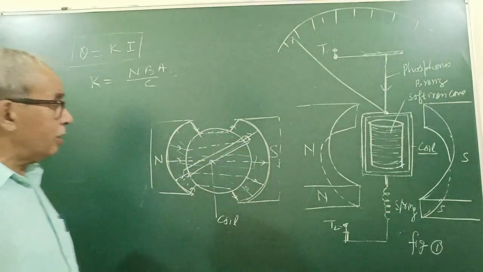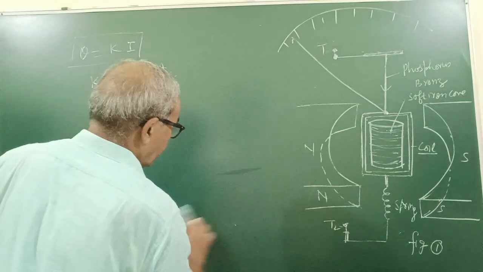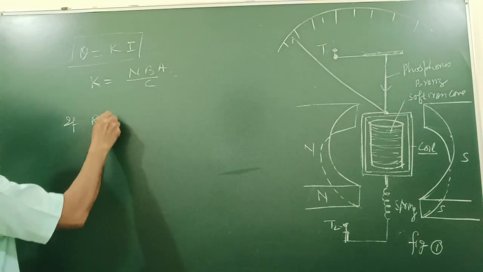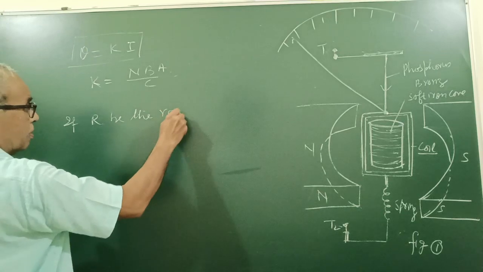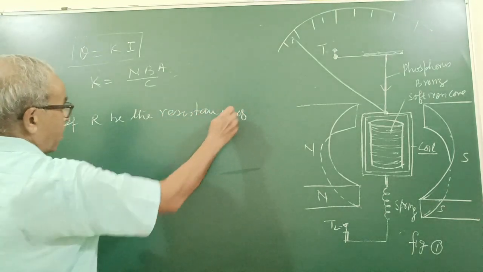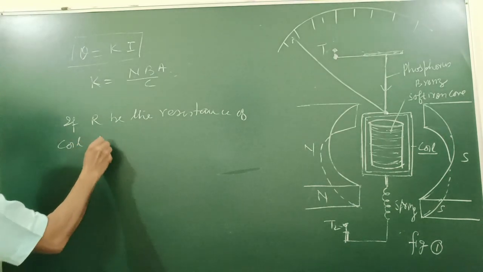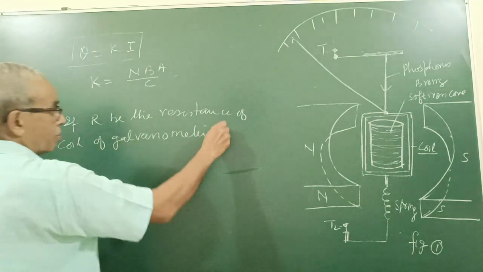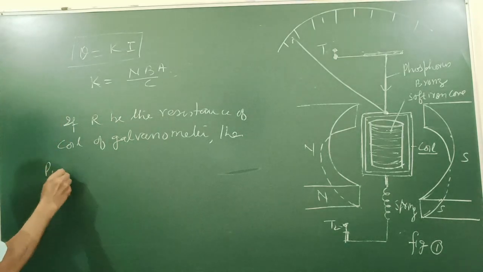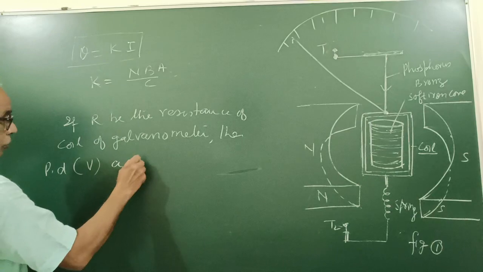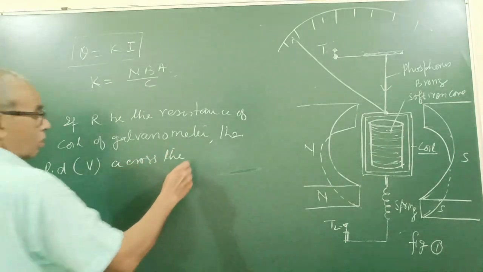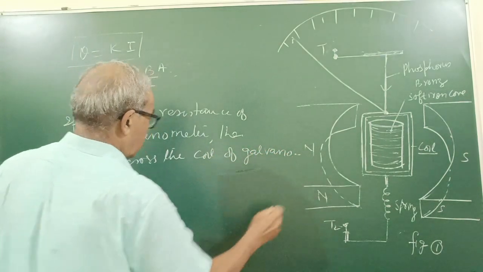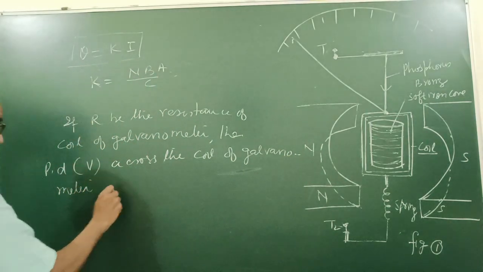Now, I think I can rub the diagram. So, if capital R be the resistance of the coil of galvanometer, then the potential difference V across the coil of galvanometer is V equal to IR,